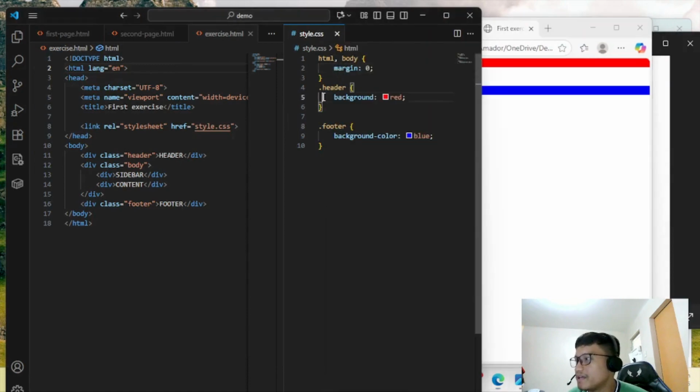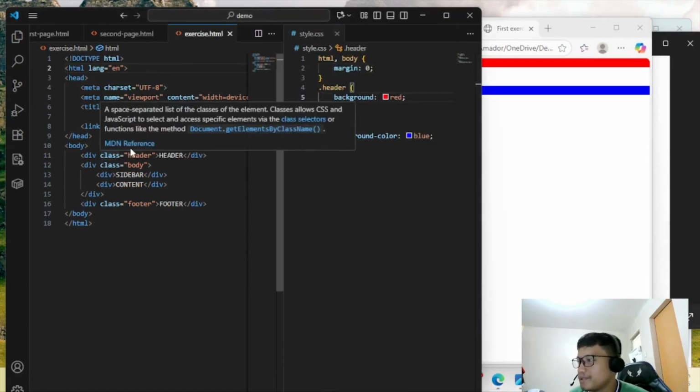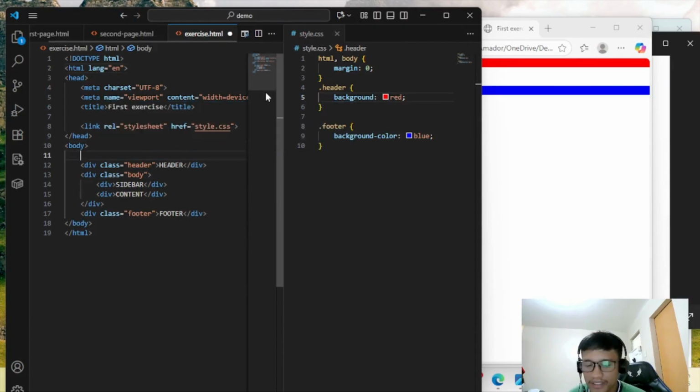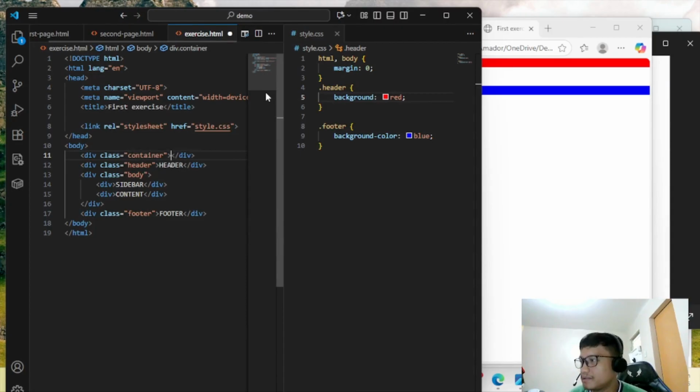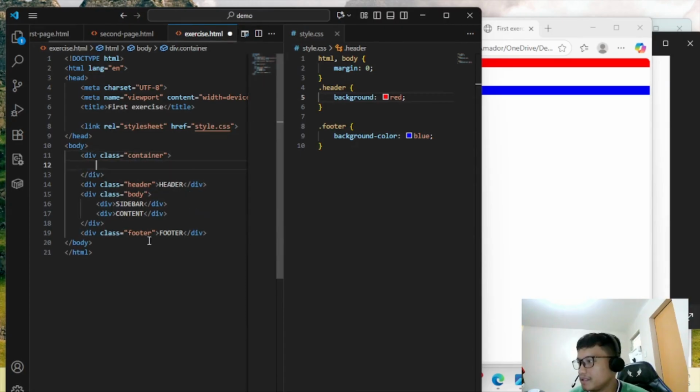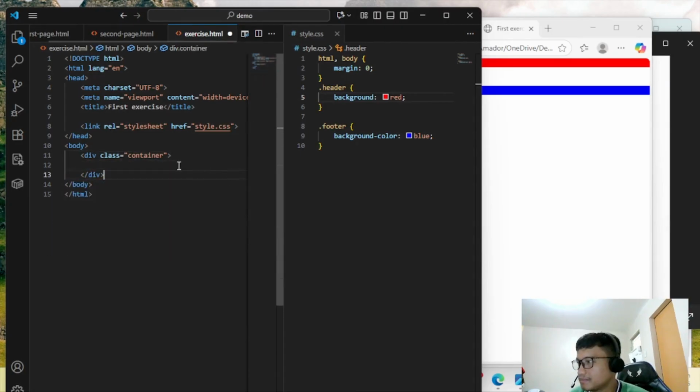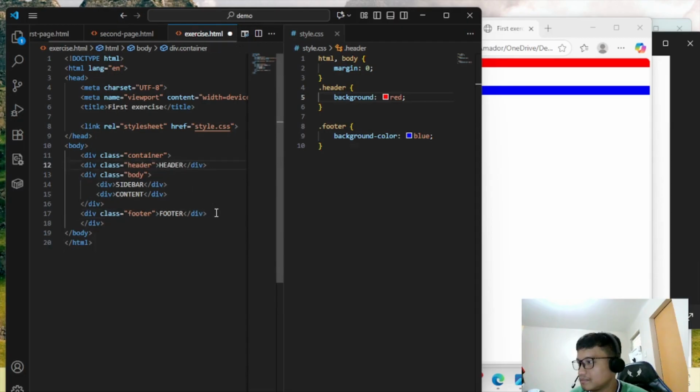And then the next thing is maybe we can put this one inside the container. So I'll put the header, body, and then a footer inside the container.